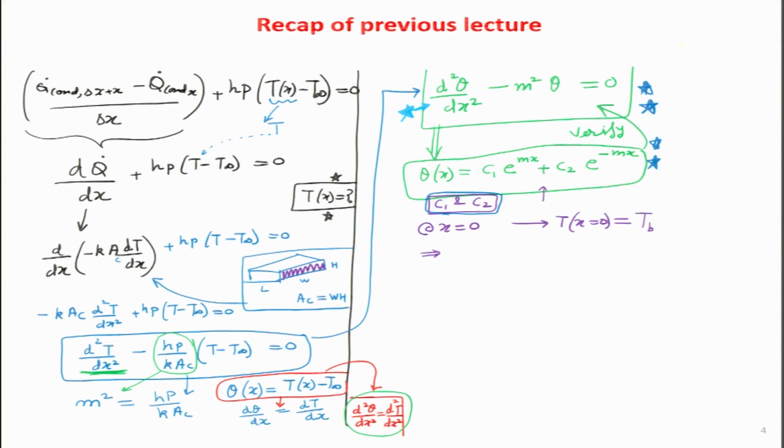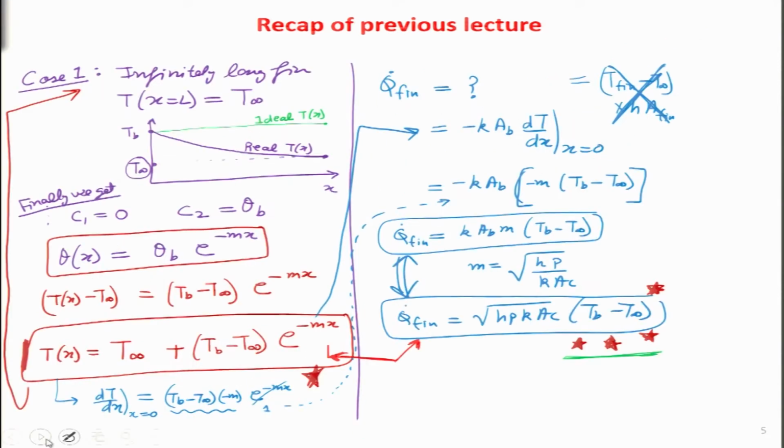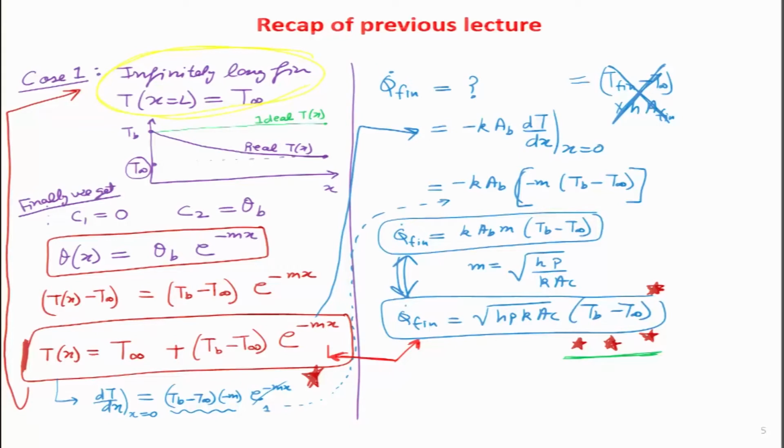In order to do that, we have to solve this differential equation over here, and then we needed two boundary conditions. So, we made the assumption for case 1 that the fin is infinitely long. Once we consider this, we know the temperatures at both the conditions, at x equals 0 as well as x equals L. After that, we proceeded to solve for both the temperature distribution, which we obtained here on the lower left side, as well as total heat loss from the fin, which we obtained on the lower right hand side.